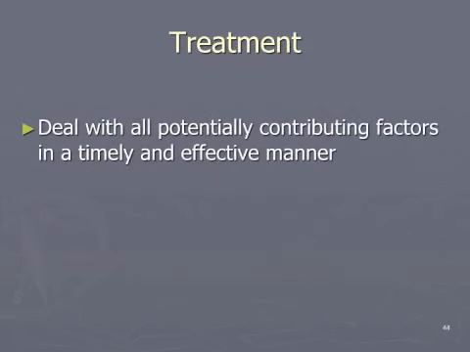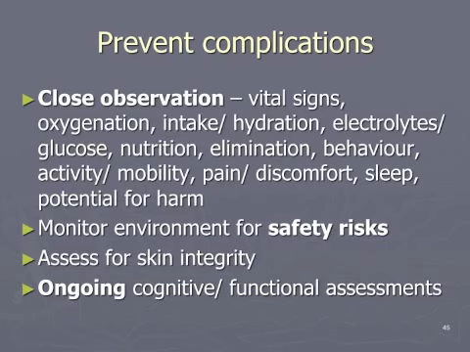And then once we have done this investigation, we want to get a treatment plan going as quickly as possible. There is a school of thought that says basically that when the delirium starts, it's going to run its course. But there's some beginning evidence that if we treat the underlying cause of it, we may shorten or make less severe the symptoms of the delirium. So when the person is experiencing delirium, we want to prevent complications as much as possible.